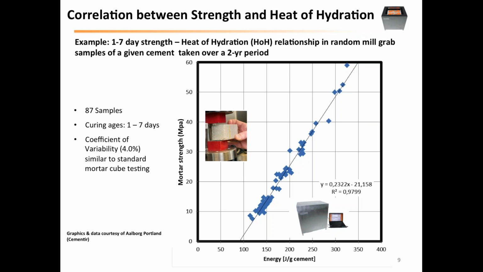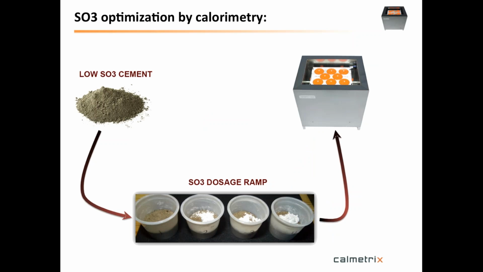Once you know that you have this correlation, things get easy. Now all of a sudden life is bright and easy when it comes to sulfate optimization, because you can use a calorimeter by doing a simple dosage ramp directly in your sample vials. So instead of doing 20-something cubes or more that you then have to let harden in forms and come back at a specific time to break for the compressive strength testing,